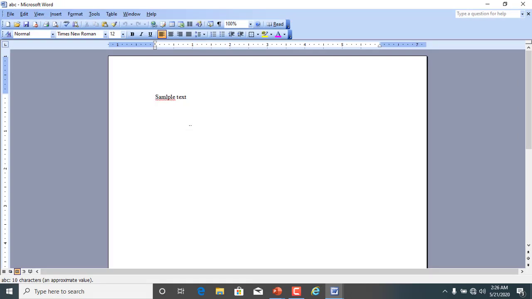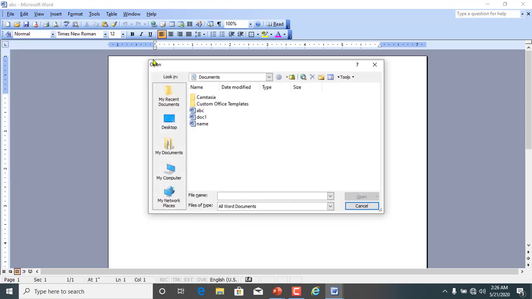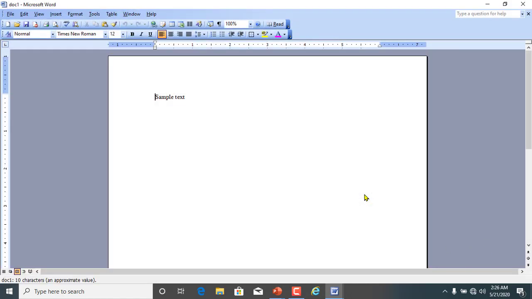In this way you can open an already existing document. Second method is to click on file, then click on the open option, and you can get the open dialog box. Just select the document which you want to open and click on the open button. Your document will be opened.